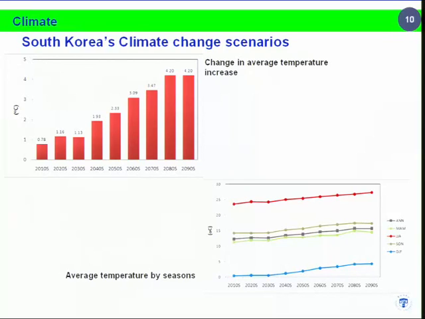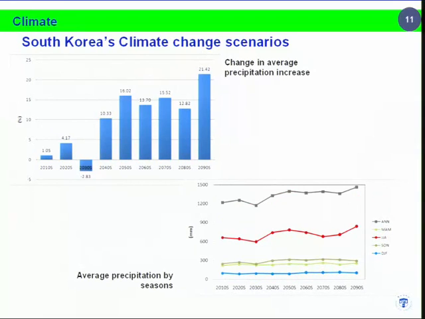The spring and fall are getting shorter and shorter. So that's one thing. If you look at the second graph carefully, we can see a shorter spring and a shorter autumn in the future. Anyway,